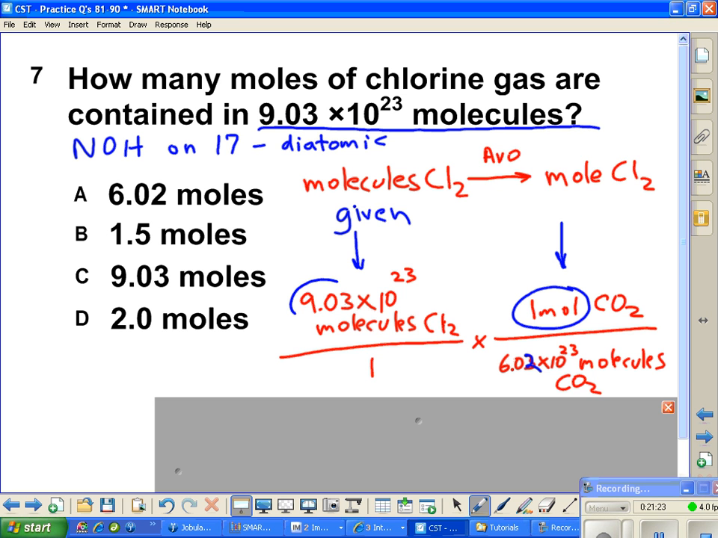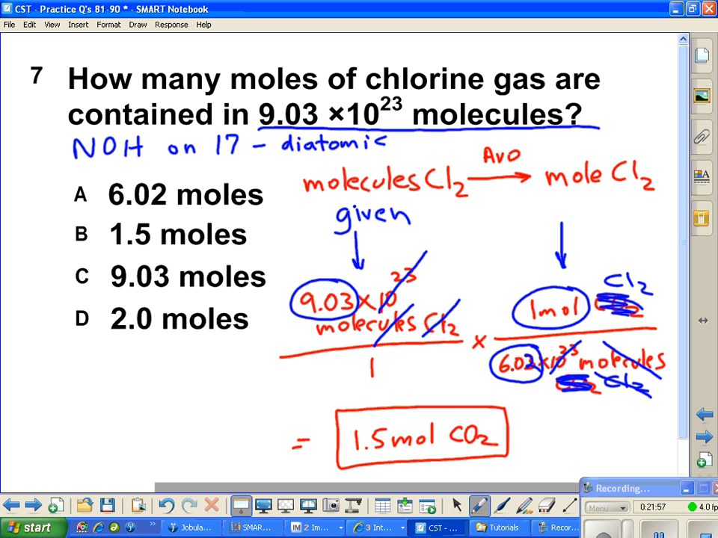Now, when I divide this 9.03 by 6.02, I come out with 1.5, and this 10 to the 23rd cancels this 10 to the 23rd. Molecules of Cl2 cancel. Oops, this isn't CO2, this is chlorine. And so molecules of Cl2 cancel. And what are we left with? Moles of Cl2, chlorine gas, and that is going to wind up being simply 1.5, and that's why your answer is going to be